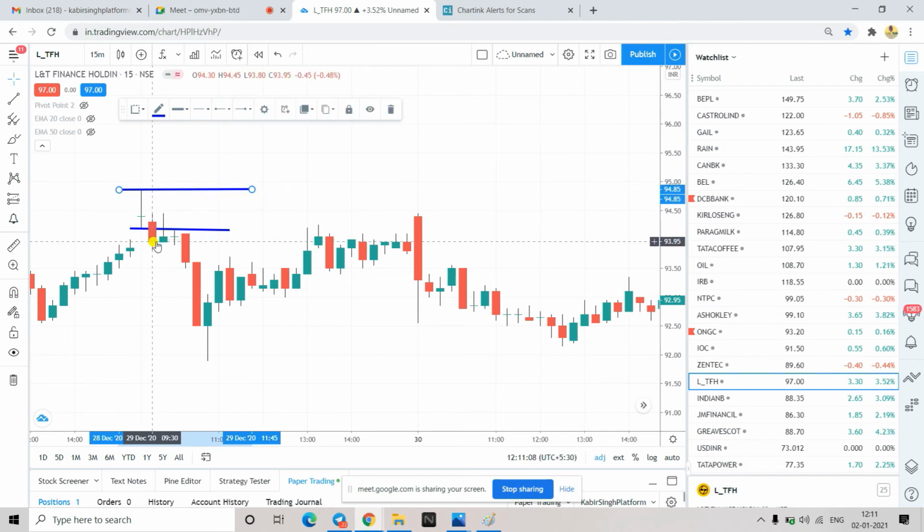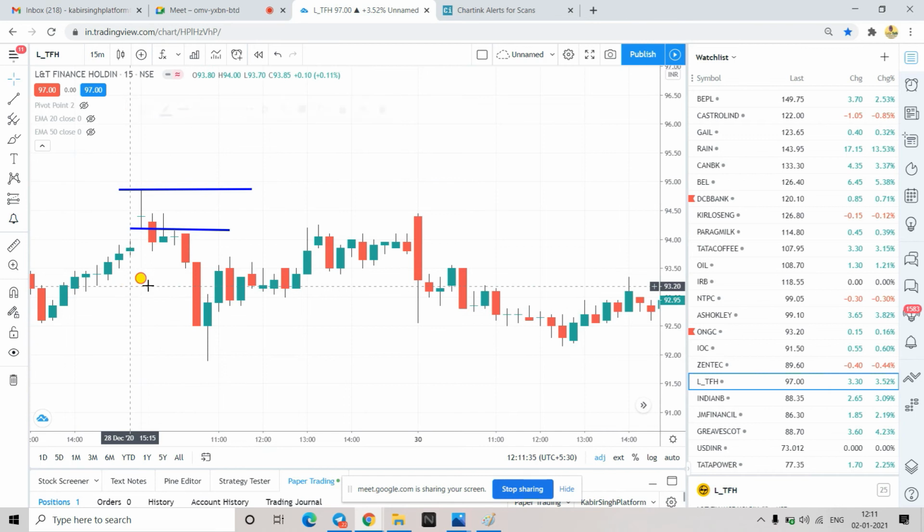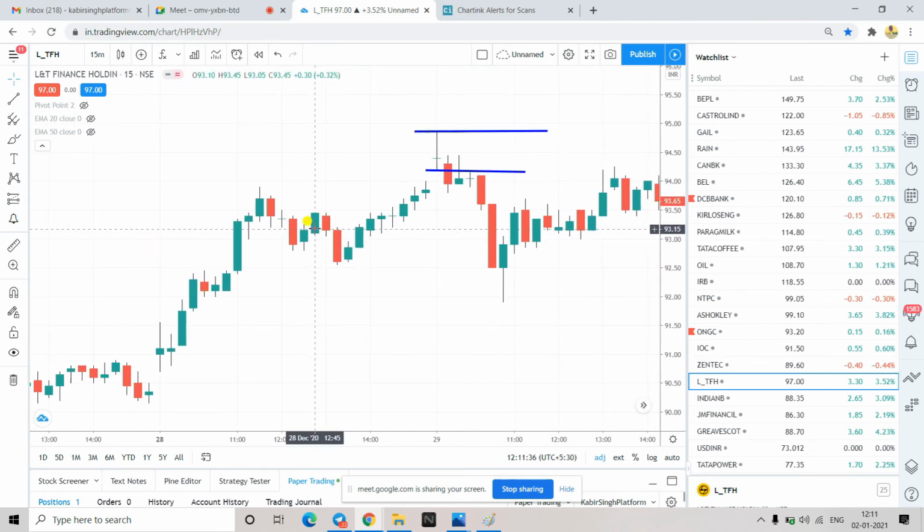Once this candle has broken the low below the open range, it is now in the sell zone. Whenever it breaks this low, which is around 93.80, the lowest point I'm seeing here, you can enter the trade, and then you got a good move. This is the sell side. You should only take a sell trade when the stock is in the sell zone. Below this is your sell zone, above that is your buy zone. This concept is very important.